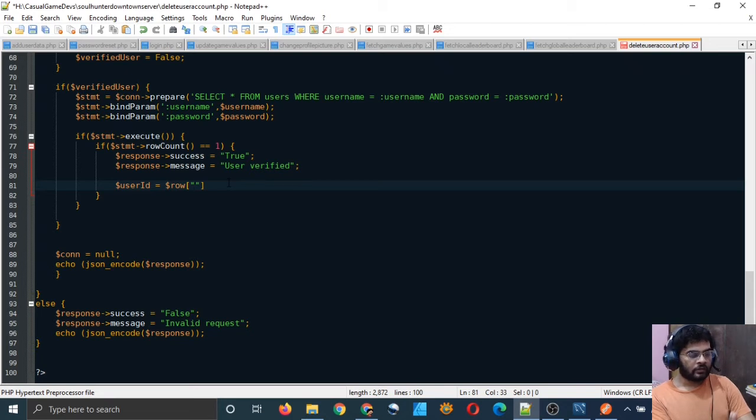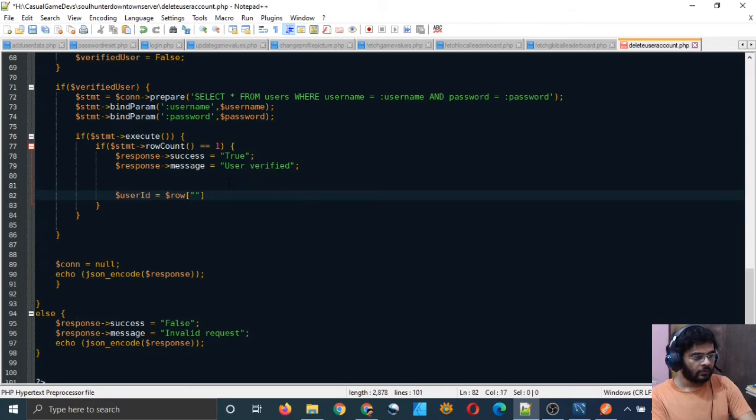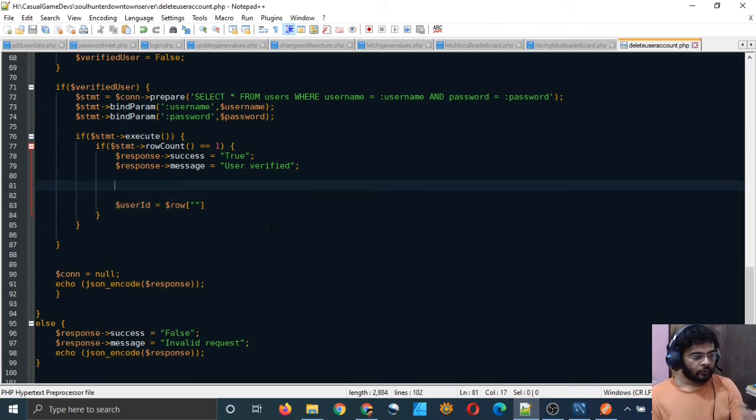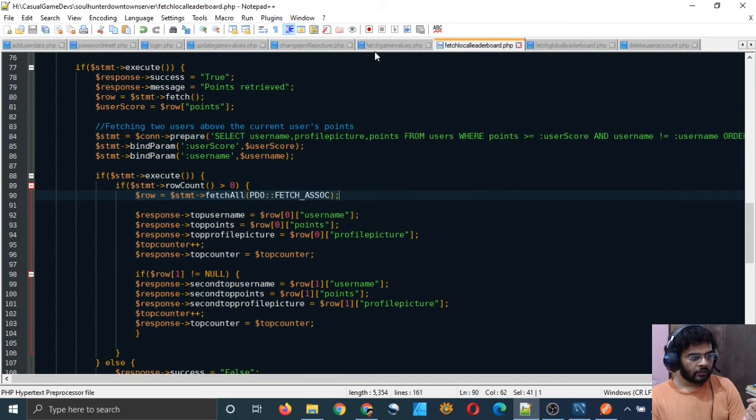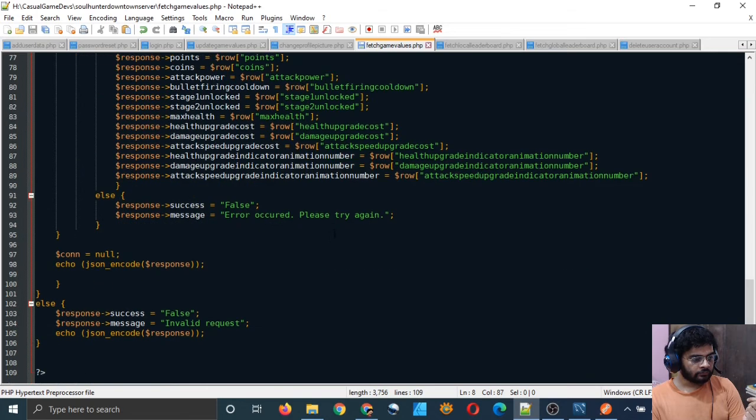Because it contains just one record, just the 0 index. You don't have to mention the index here, right? So we will not do that. We can simply write the name of the column and fetch it. But first we have to, of course, put the contents of the result which the statement fetched in a row variable. And let me do that. You can do it with this command.